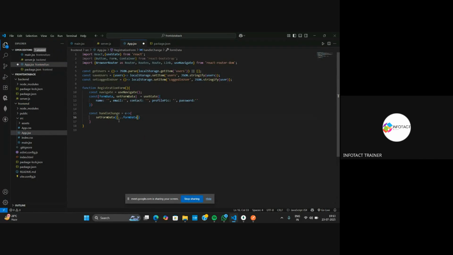Say, for example, the user is providing in the name field the value, say, for example, John Doe. So inside the form data, the name value will get stored. And how to fetch the name value? By using e.target.name. Got the point? So after the form data, I will write e.target.name. And here I will again write